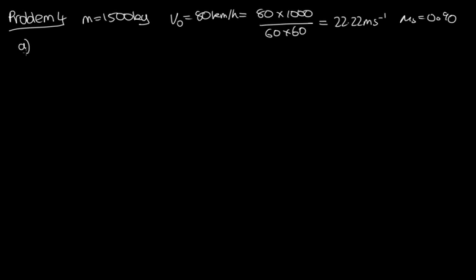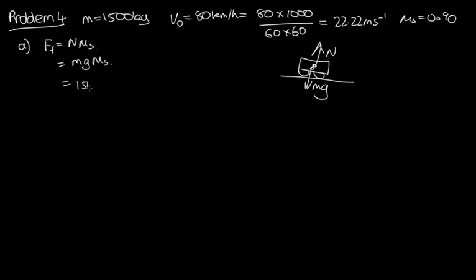So the acceleration of the car as it stops comes about due to the frictional force. The frictional force is equal to the normal force times mu s, and the normal force of the car on the road, as long as the road's relatively flat, is just due to the normal reaction force, which is equal to the weight of the car. So the normal force in this case is equal to the weight force, so it's mg mu s, and substituting in, we've got 1,500 times 9.8 times 0.90, and solving that one on the calculator, we get